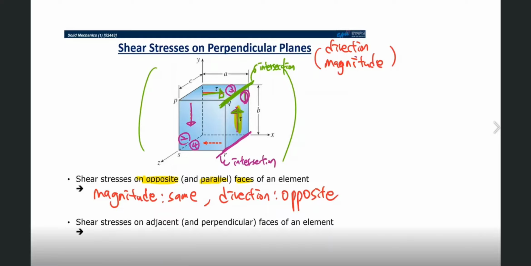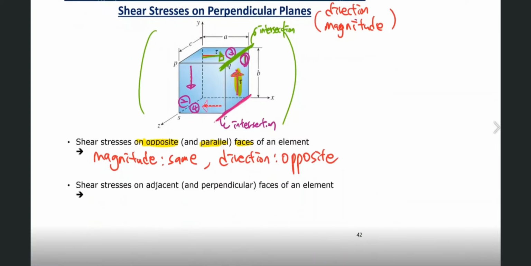So I'd like to highlight. With reference to this intersection, the shear stress on phase 4, the directions are away from this intersection, and also the phase 1, the direction is also pointed away from the intersection line. Okay? So we can conclude that shear stresses on adjacent and perpendicular faces of an element, in this case the magnitude